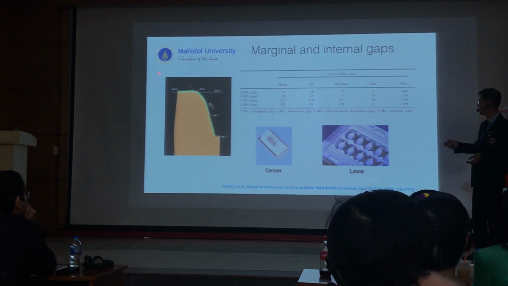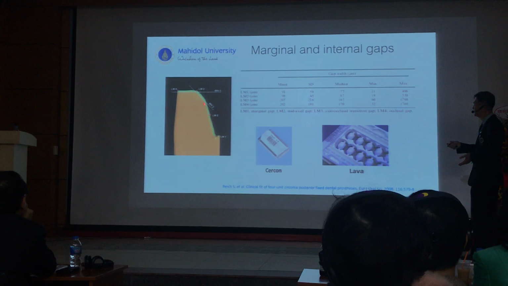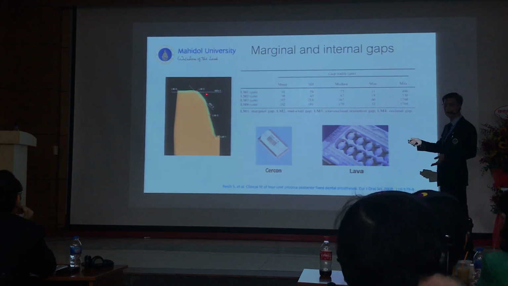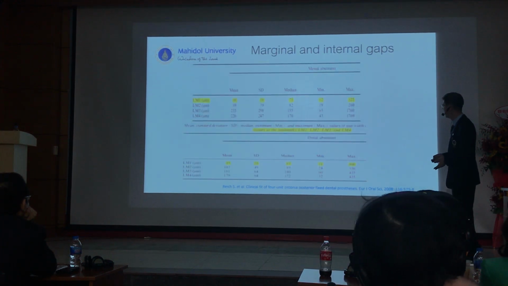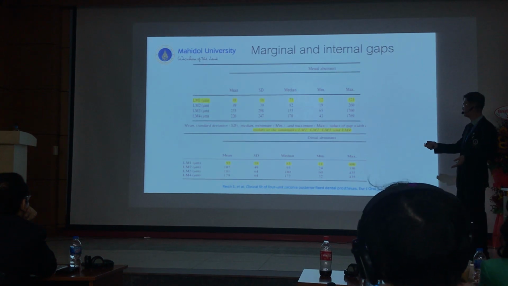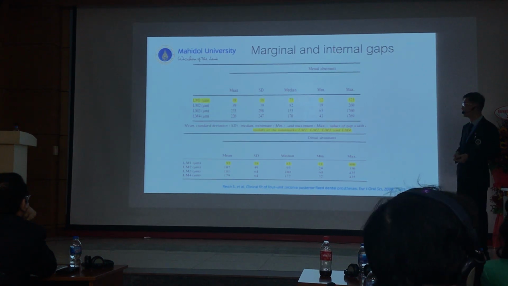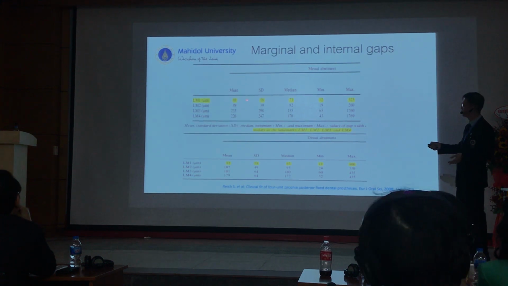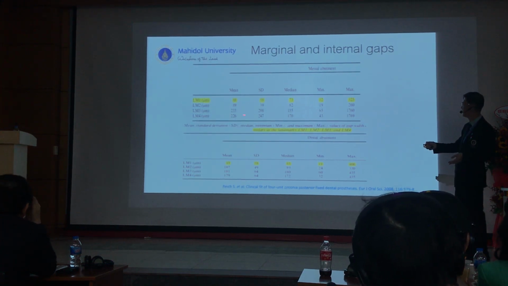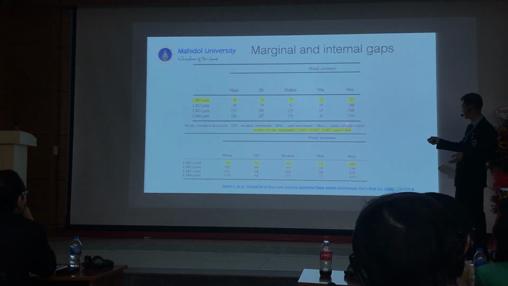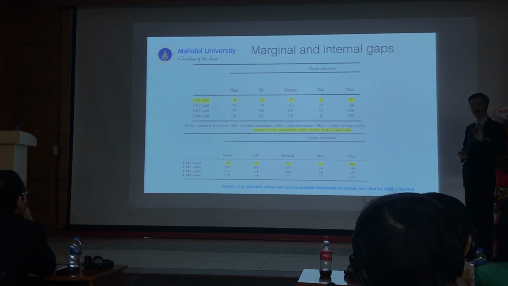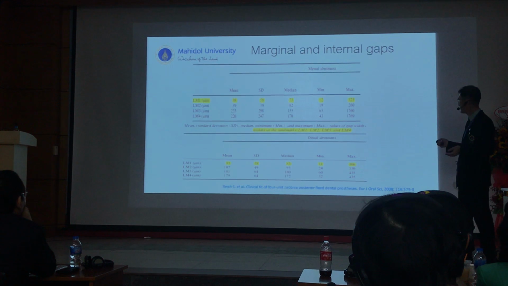That's why at the beginning, zirconia had a bad experience with the gap underneath, especially at the opposite angle. If you look at the average, it's okay, 88, because the acceptable gap is around 130 microns. But the opposite gap is a lot. The maximum gap you can measure is almost 2,000 microns, around 2 millimeters. That's why in the early stage of zirconia, the gap was a big problem, and that's why it was not very popular.